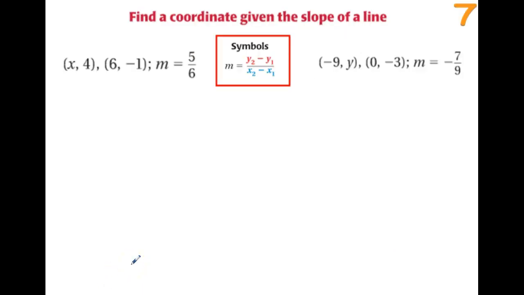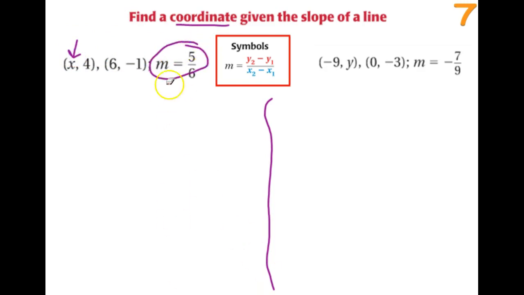Now, it looks like we have two more, but these ones are actually just a tiny bit different. We're going to still plug in everything like we've been doing, but now we need to find the coordinate. We need to figure out what x is, because they're telling us what our slope is. Our slope right there is 5/6. So we're still going to label our points, x, y, first point, x, y, second point, and plug them in. So it says m, which is 5/6,